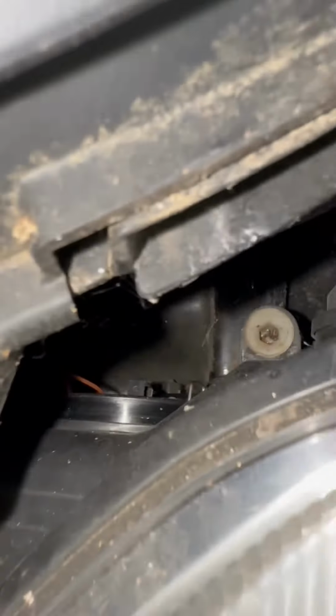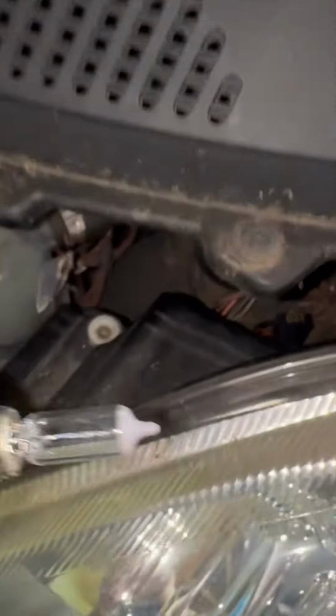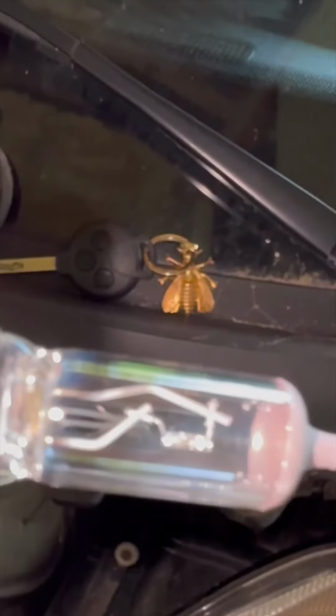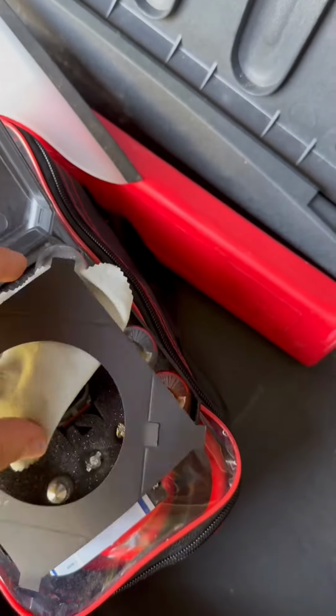that you need to push a little bit and at the same time push it down and push it on the side. It was pretty hard to do it with my bare hands. It's very painful on my fingers, so I just grabbed a piece of fabric and pushed it with that, and it was super easy. So I got the light bulb out. You can see that,